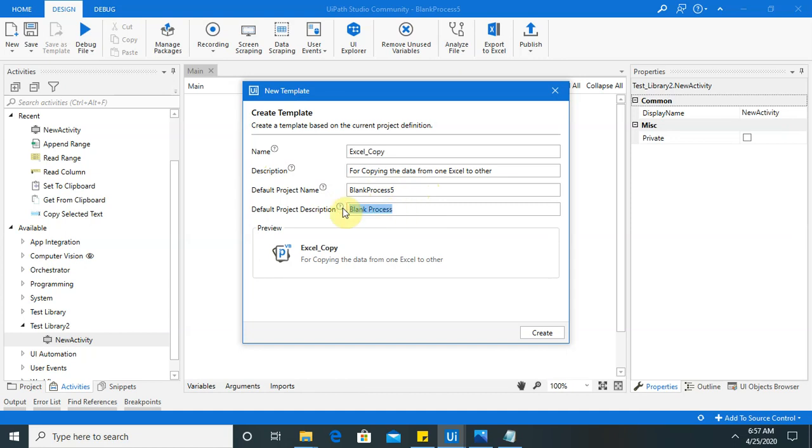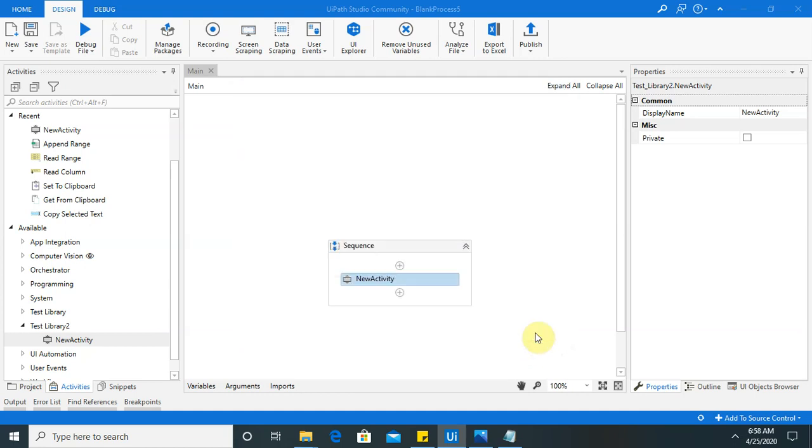Description, if you want to add, this template is used for copying your one Excel data to other Excel. Just click on create.